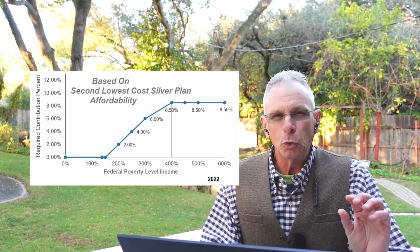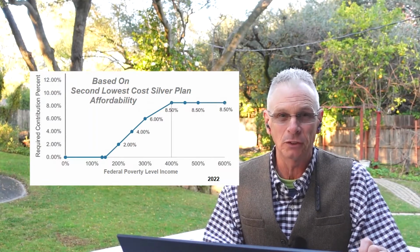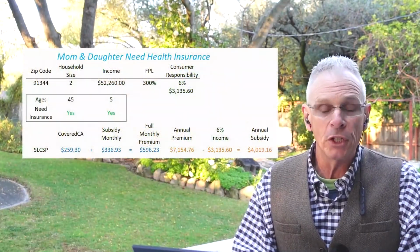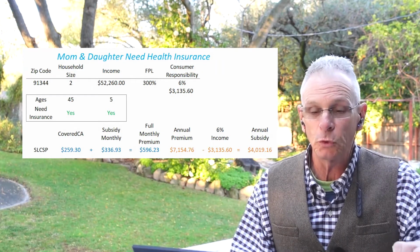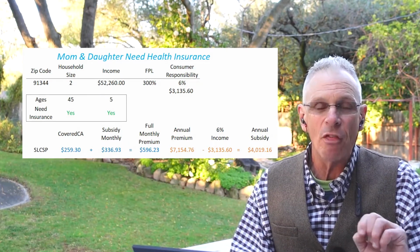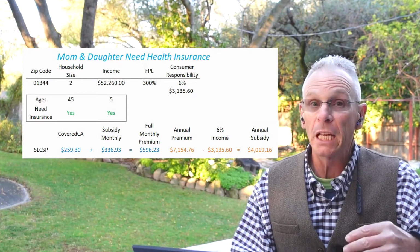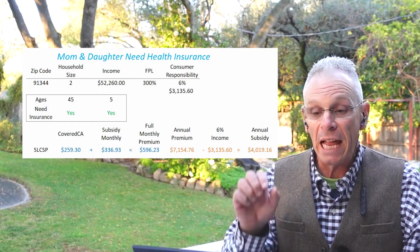So let's get into some of the examples, and this will all kind of make sense as to why your health insurance premium does not decrease when you remove a household member that is still in your tax household. So we have a mother and a daughter, age 45 for the mom, 5-year-old daughter. They live down in Southern California, so we have a tax household of 2. The income is $52,260. That puts them at 300% of the federal poverty level, which according to that curve translates into a 6% consumer responsibility, meaning they should pay no more than 6% of their household income for the second lowest cost silver plan, and that is